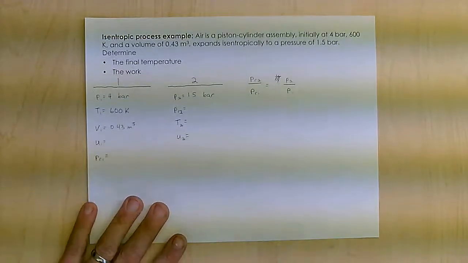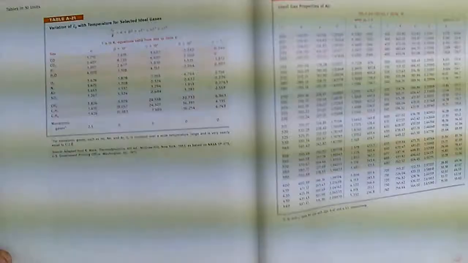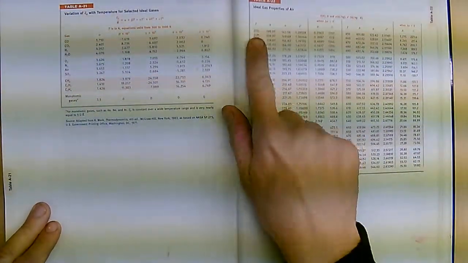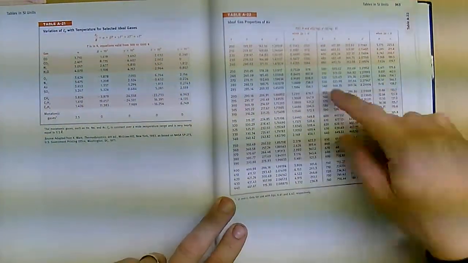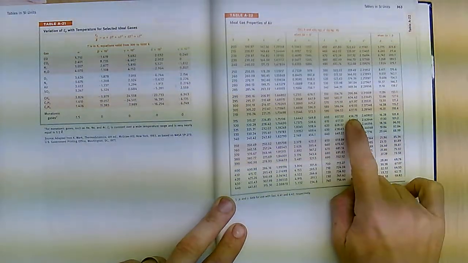Okay, so let's go ahead and look up state 1. So I'm at 600 Kelvin. This is for air. So again, I'm in my air table right here. I go to 600, and I look up my U value because again, it's a closed system, and I get